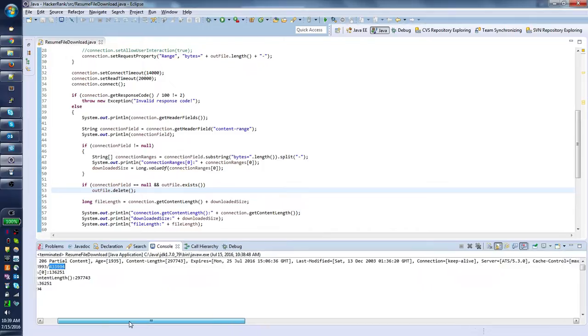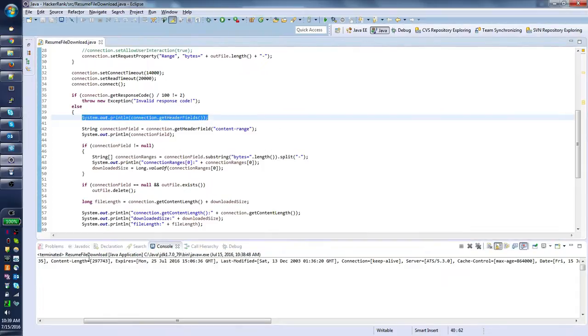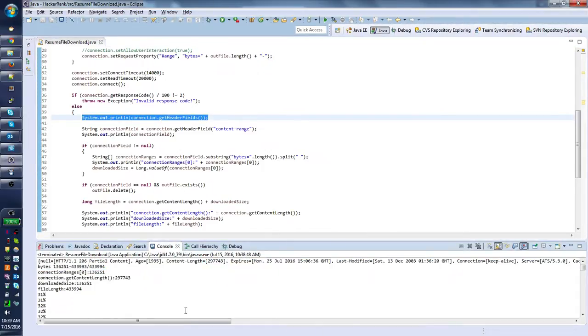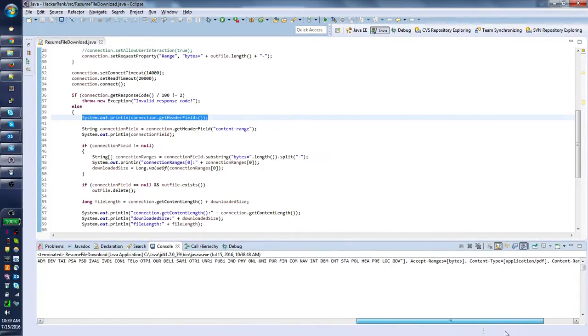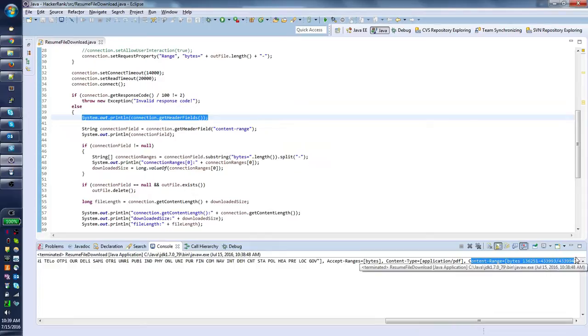And as you can see on the HTTP request, this part right here displays the first line in the logs. There's a content range now. So that's how we can tell the server from which byte the sending of the file should start.